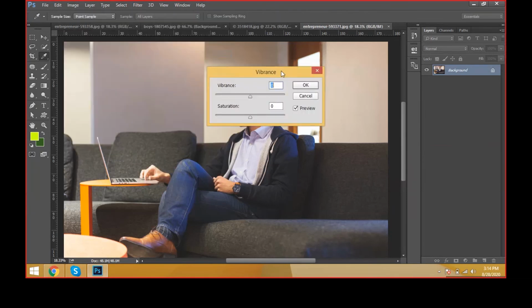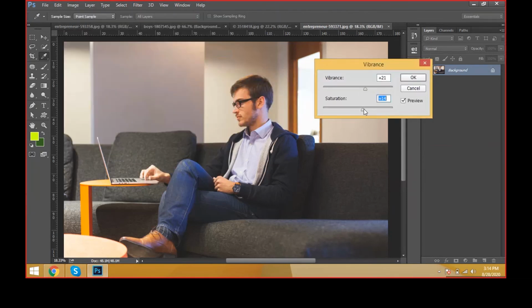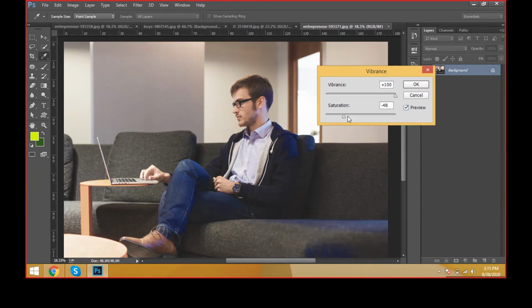Vibrance is nothing but giving so many colors. See here, giving more saturation, and we can decrease the saturation also, like black and white shades, just giving a little bit of tint color and applying saturation, and click preview. If you increase the saturation, the color increases, and if you decrease, it decreases. You can check with the tint colors like this. And this is one type of option from image adjustments.